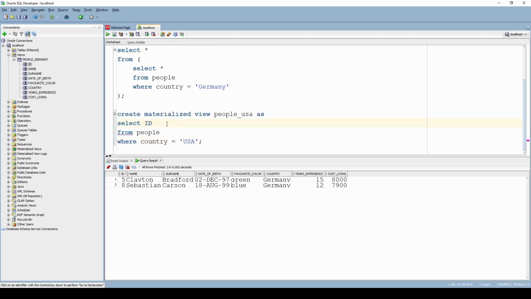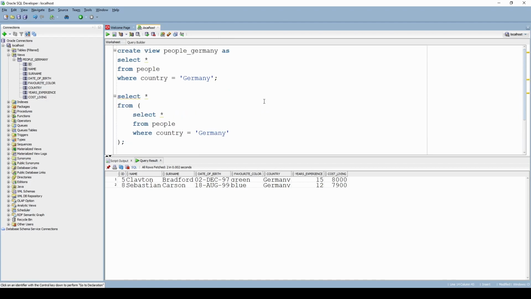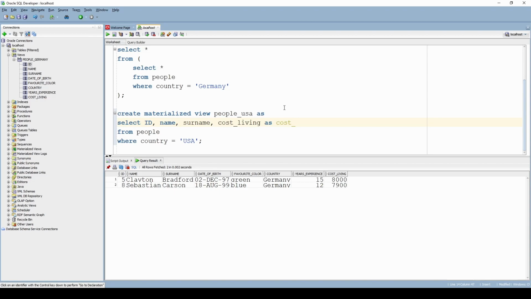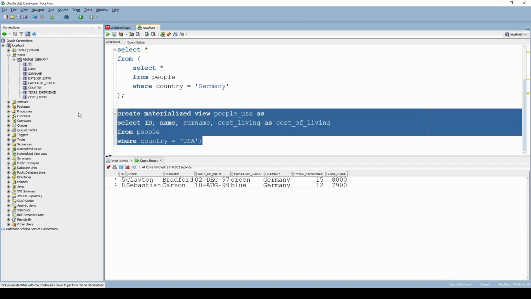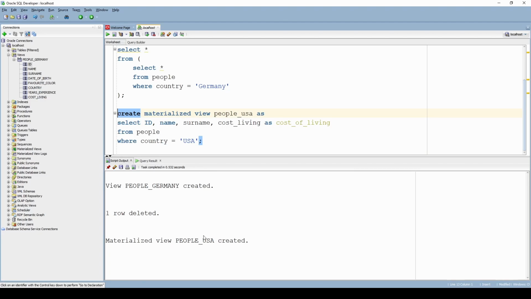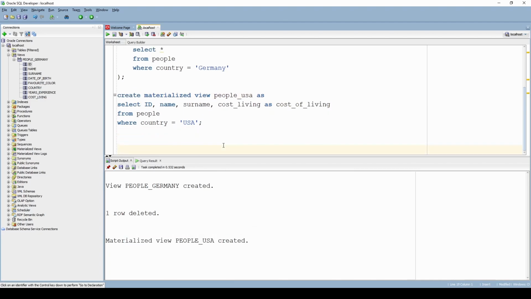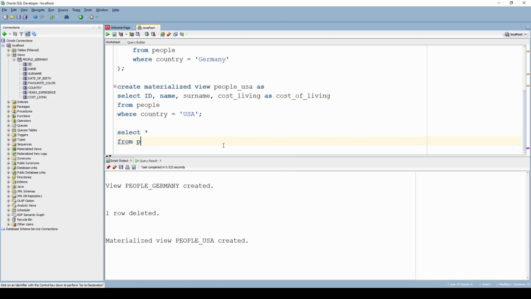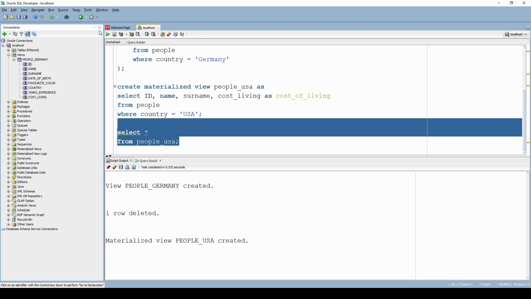Maybe here let's specify the ID, the name, surname, and let's also take cost of living so that we now also use some column selections here. And you can also see here that you can basically use aliases. So this is the very same as in the view up here. I can rename this to cost of living, for example, right? If I wanted to. And you just now execute it, and you'll see that the materialized view people USA has been created. So the same way as we did before, you select everything from people USA,